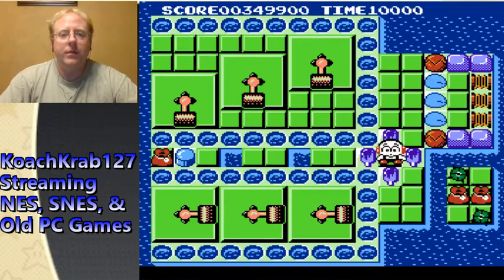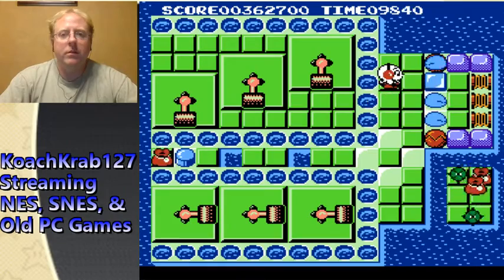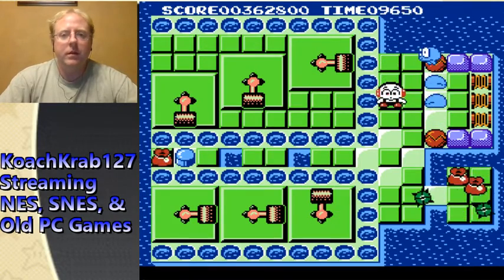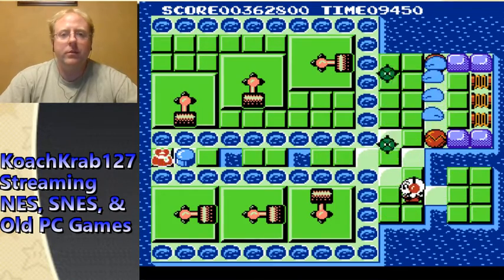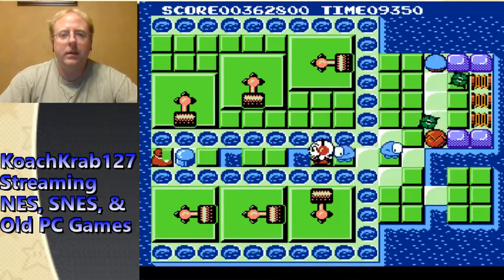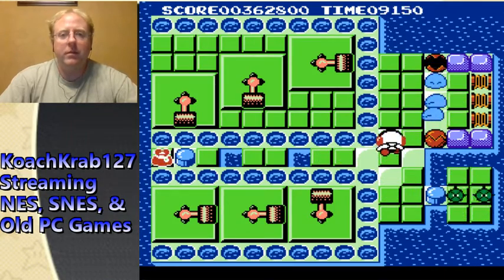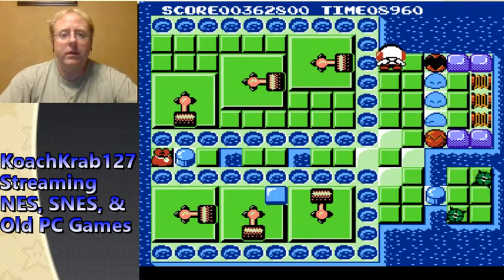Okay, now this one, you got to look where the blobs are positioned. You got to go from top to bottom. If you go bottom to top, the level will be screwed up, and you'll have to start over. You'll have to let the spinning wheels, which you can trap back in there, by the way, kill you, or the blobs kill you, or you can actually commit suicide